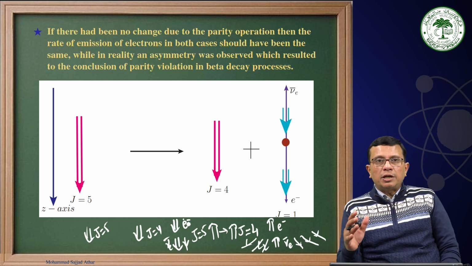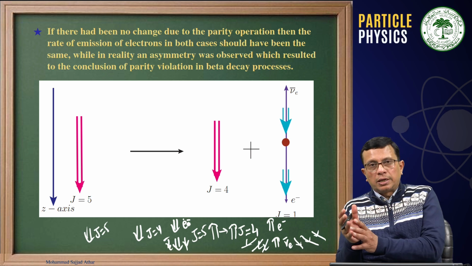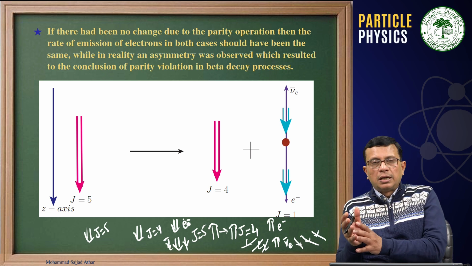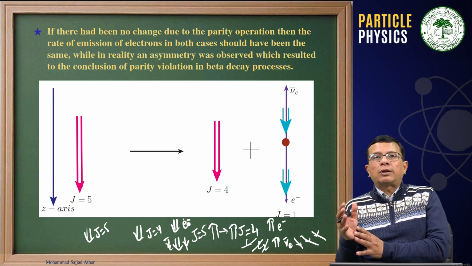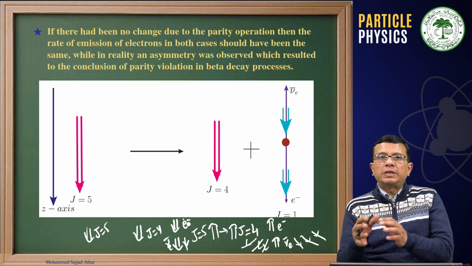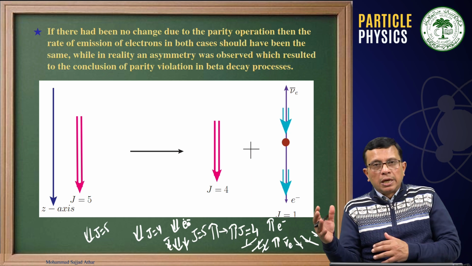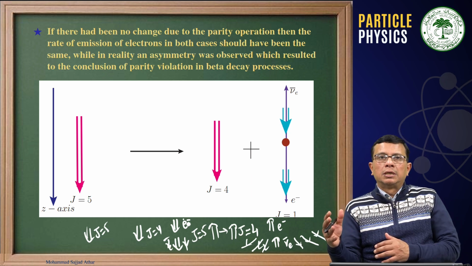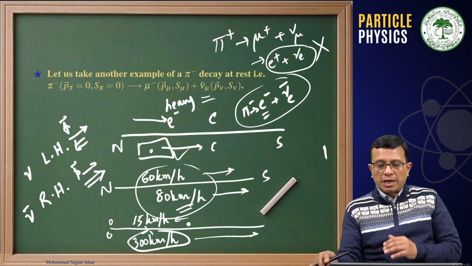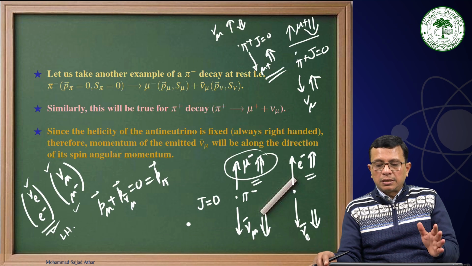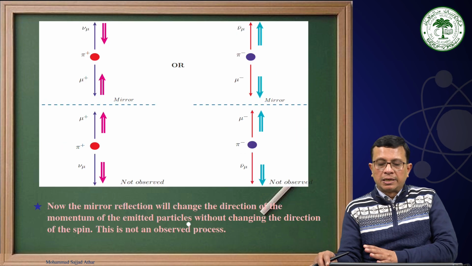Therefore, the important point is that electrons prefer a particular direction. And this is because antineutrinos are always right-handed. Therefore, they never allow electrons to come out in equal numbers in both directions. And that is why asymmetry has been observed. And this is the first case, for the Wu experiment. And then we have seen it from